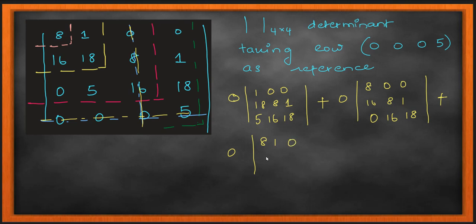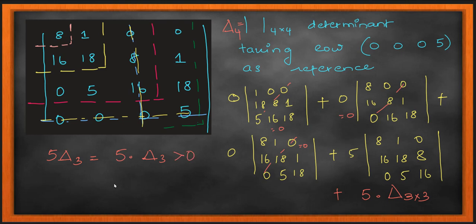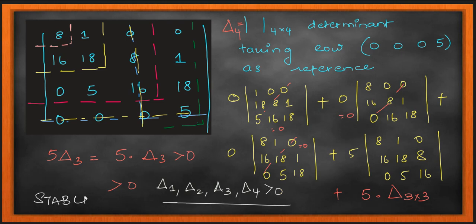For my third 0, I've not shown it in the drawing, because if I drew all, it would get very nasty on that matrix. So you can see now how these are coming. These are the matrices, and then I just have to compute them, because all are 0 they all become 0. And then I'm left with only the fourth term. If you see what's inside, that is my delta 3, right? What is inside that determinant is my delta 3. So I can write 5 into delta 3. I've proven my delta 3 is greater than 0. So my delta 4 is also greater than 0. So this is my stable system. Thank you.